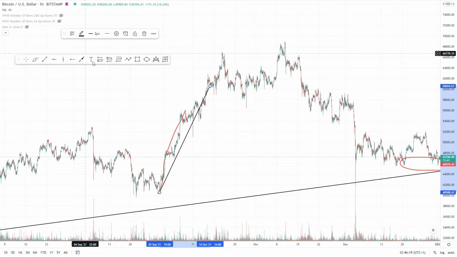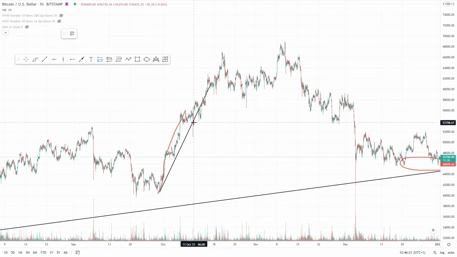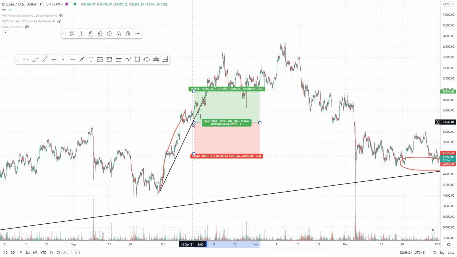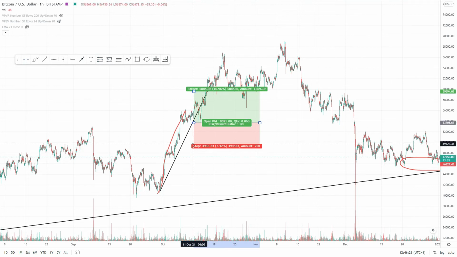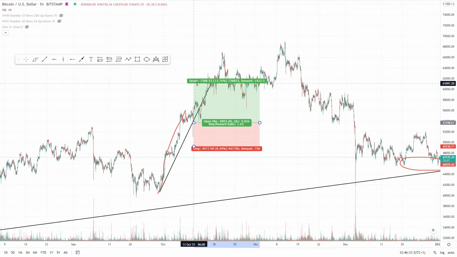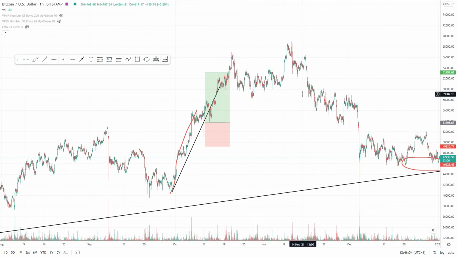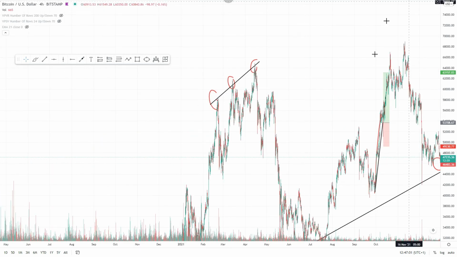So a trend setup should look like this. Your entry, stop below this low here, or you can put it here, and the target should be good. Target is when you have RR 1-to-1 and bigger. So this looks like good RR. So that's all from the learning section, and I will switch to the 4 hour chart also on